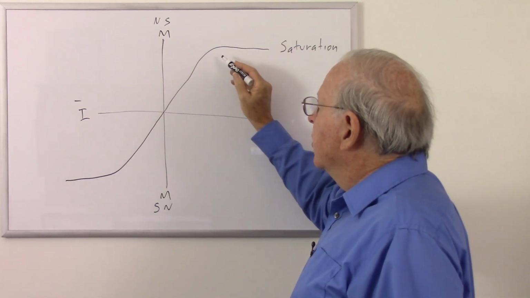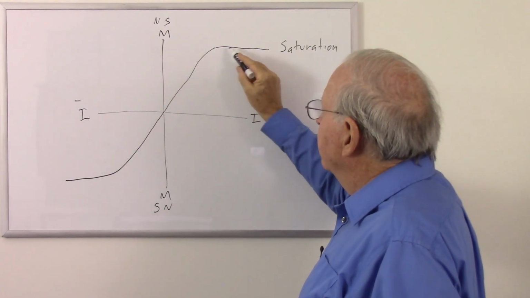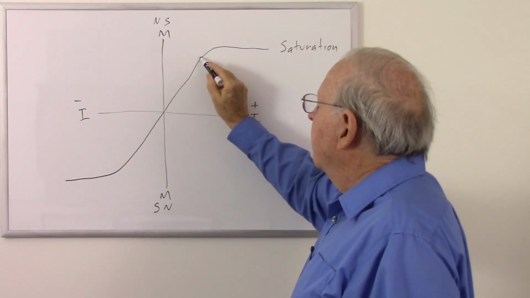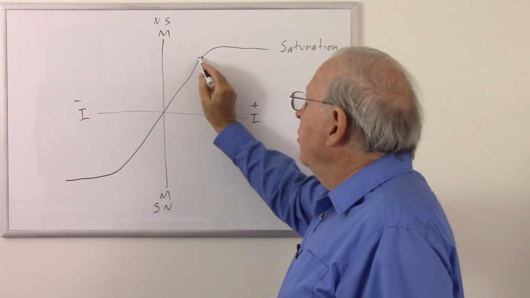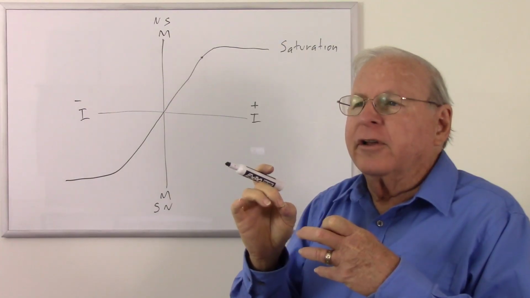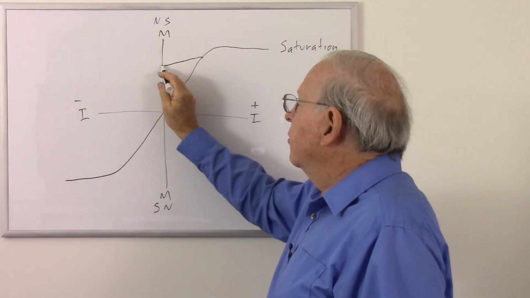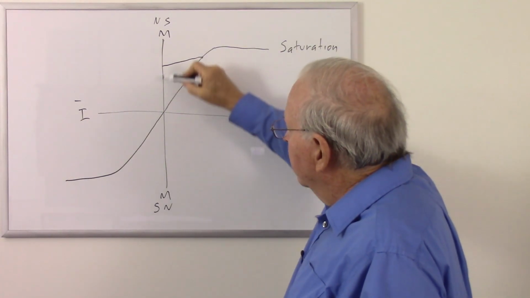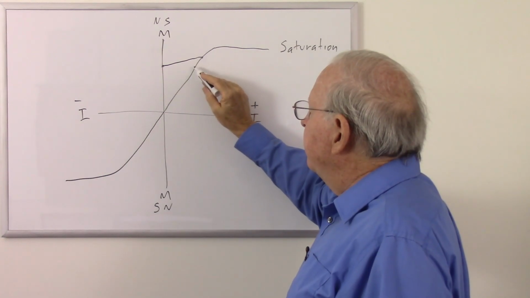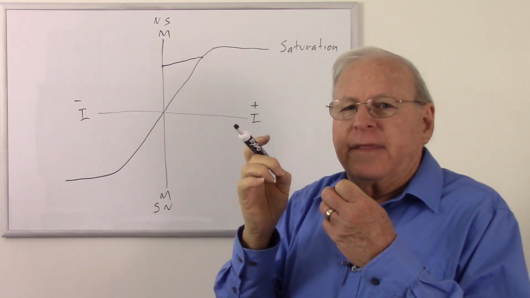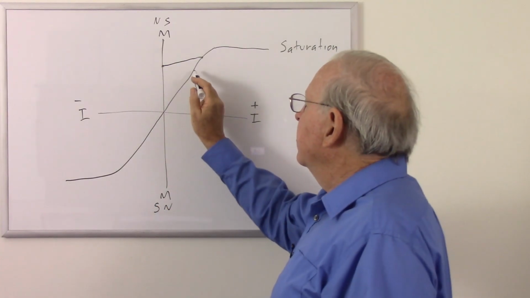But then when we remove the current, that magnetism is going to drop. So we're increasing the current. Let's say we put the current right here, and at that point we remove the current or decrease the current. You don't have to completely remove the current immediately, but as the current goes down, the magnetism is going to go down, and when the current is completely gone, so now we're at zero current, we're going to have some residual magnetism. However big the magnetic field becomes and how much we magnetize that medium, when we take the current away, that magnetism is going to drop a little, but eventually settle on a point